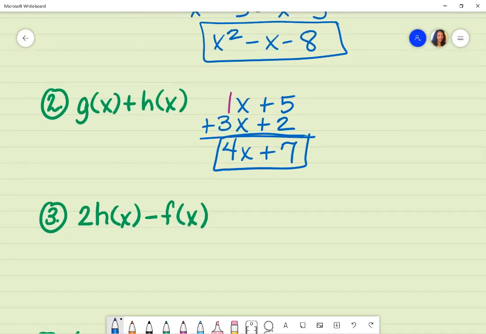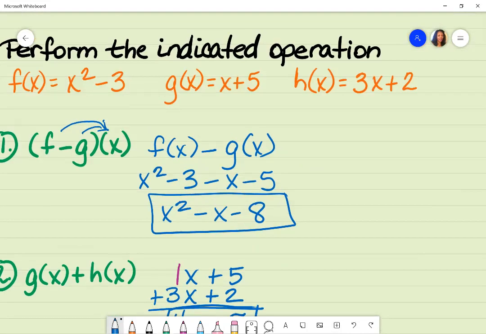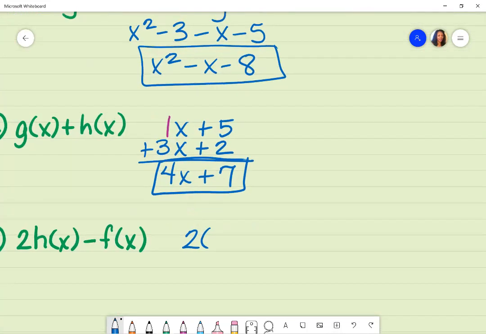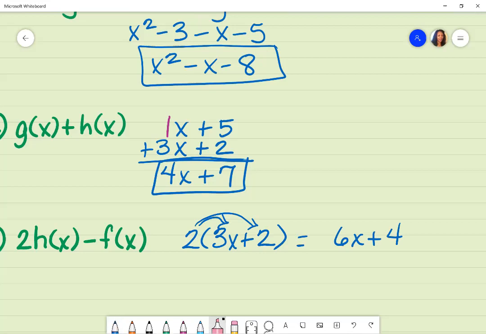When I go here, I have to be careful. Look at what's shown. It's not always in alphabetical order, so you have to pay attention to the details. So they want me to take 2 times h of x. So let's go back up and see what h of x is. It is 3x plus 2. So I'm going to take 2 of those. 3x plus 2. So that means I'm going to distribute this 2 to everything inside of the parentheses, which results in 6x plus 4. So now, once I get that answer, I'm going to subtract it from f of x,